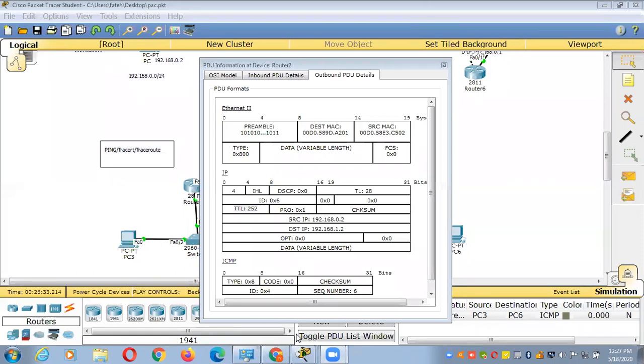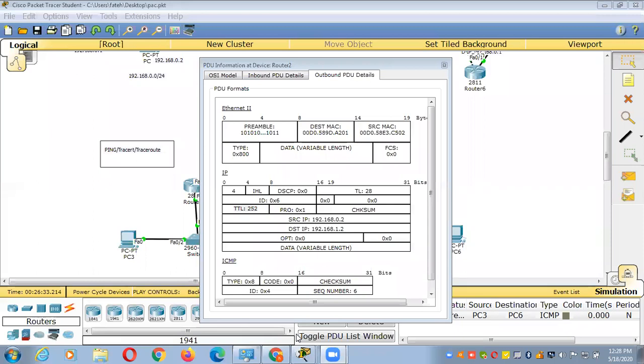So in a network, 255 is the maximum value. I understand, sir. So let's say we are pinging from one PC to another PC in a network where there are about 255 routers in place. In what case will my TTL be 0? See, if you are pinging an IP which does not exist on the network, that will become 0. Oh, okay. That will become 0.